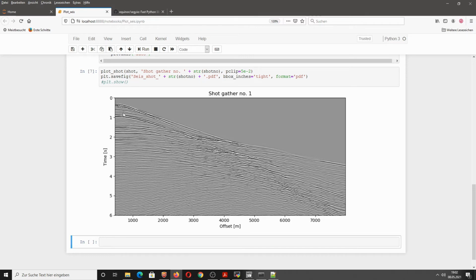And then you can see multiple reflections. Actually, there are also a lot of internal reflections in the water column, but then also very complex wave fields. You see a lot of diffractions, for example. So really, really complex wave field.